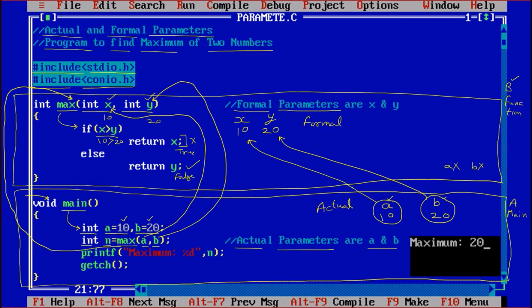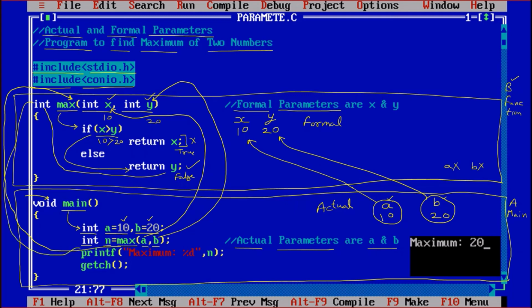So that means the program will come here and return the value of y, and the y value is 20. So this y value 20 is returned, and the return type is int. Now coming back, the program will come back to where it was called.